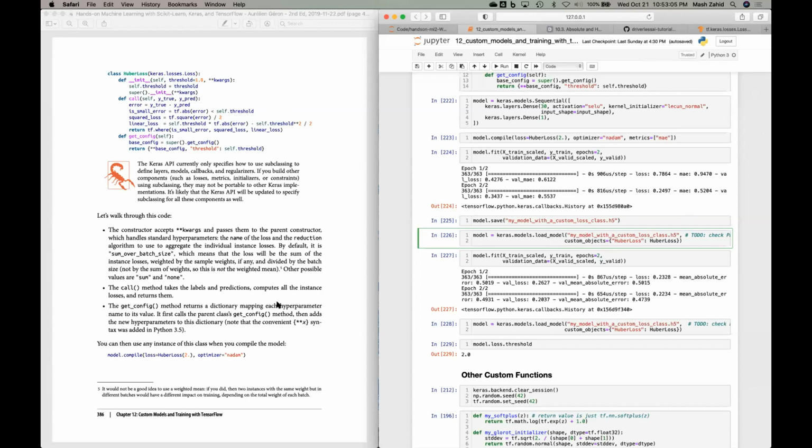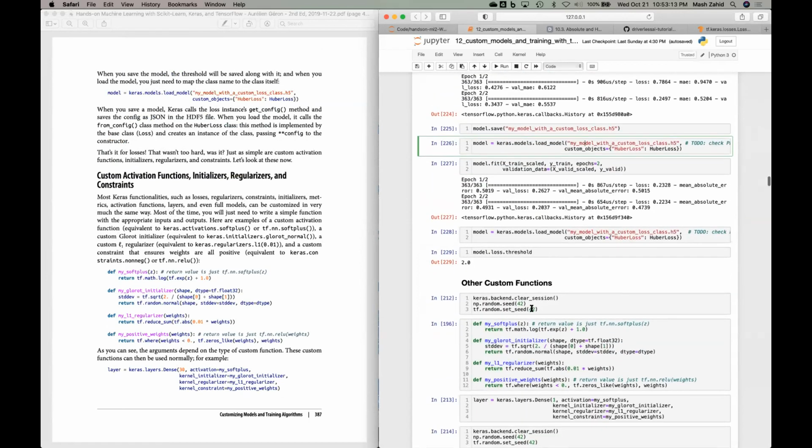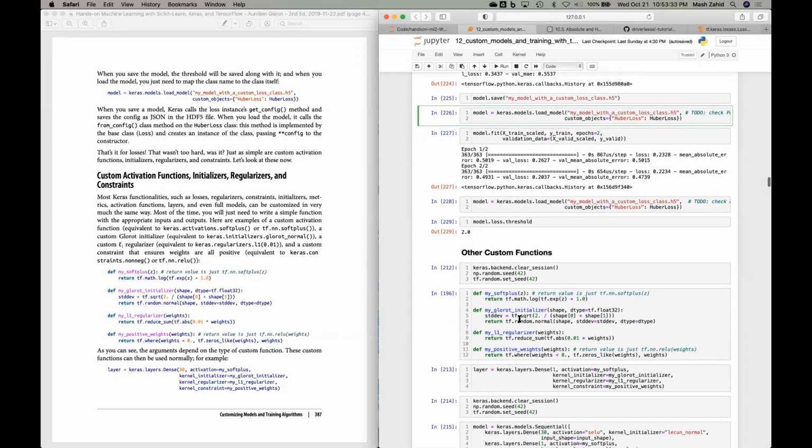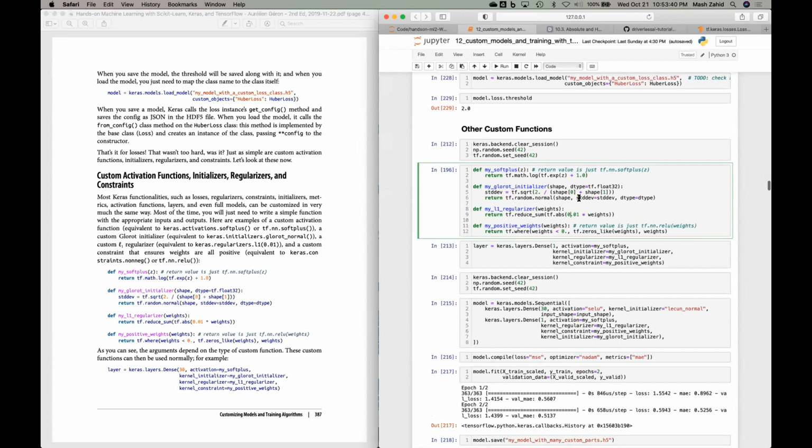All right, let's keep moving on. So now that we've worked with the Huber class, we could, of course, define all sorts of other custom activation functions and other classes. Bottom line, if you can create a loss like this, why not follow that same approach for creating custom activation functions, initializers, regularizers, constraints, and so on, which he gives an example of doing over here. Clear session, go ahead and set this up, and once you have it,